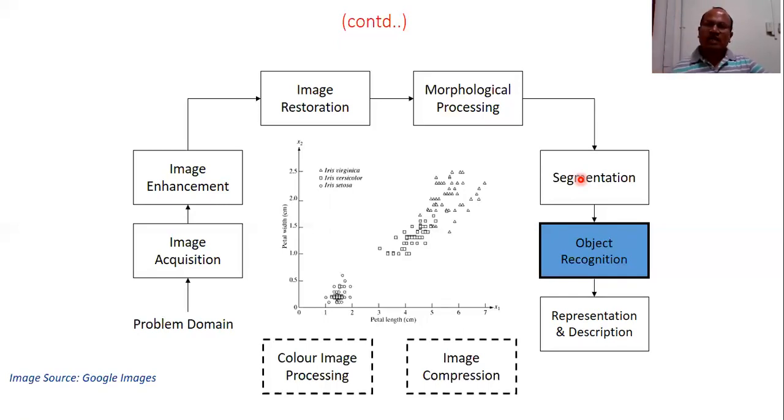If you are interested to recognize my face, you will want to know maybe the distance between the two eyes, the distance between the nose and the head, that is the forehead, the intensity values, grayscale values, the mean of grayscale values, and many more. What is the total area or periphery of the image which is covered by my face. All these are the parameters which will be taken into account while recognizing, or rather distinguishing, my image from a number of images which are present in the database. So that is called object recognition.